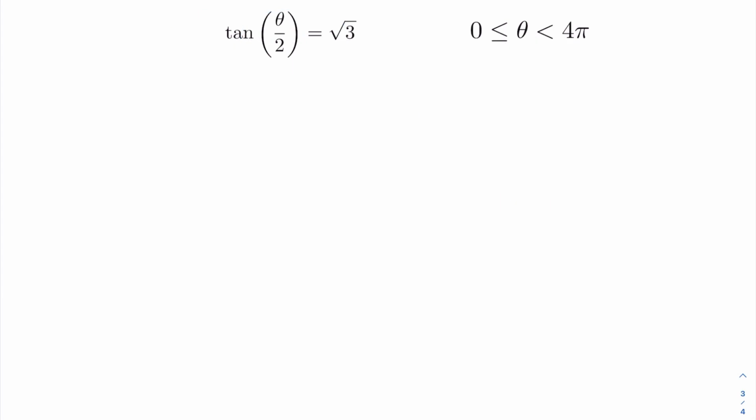All right, in our final example here, we want to solve the tan of theta over 2 equaling the root of 3. And now we're going between 0 and 4 pi. So first step here is same as the previous two. We're going to go ahead and take the tan inverse of both sides, giving us